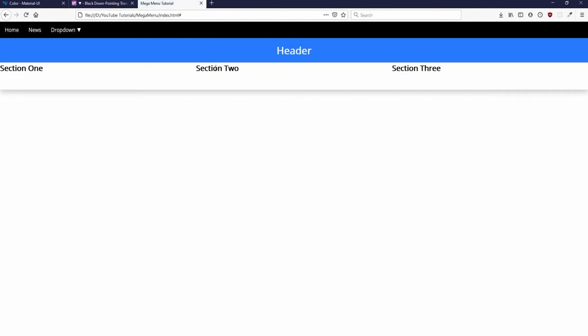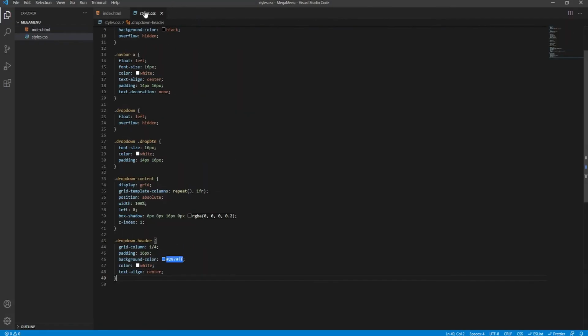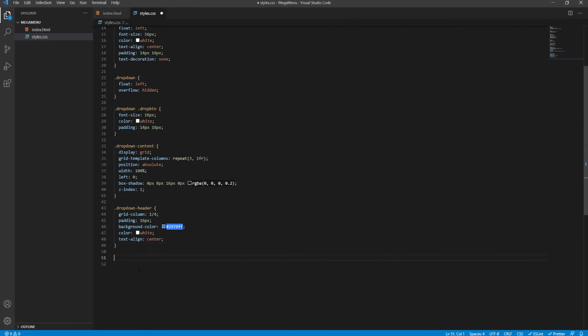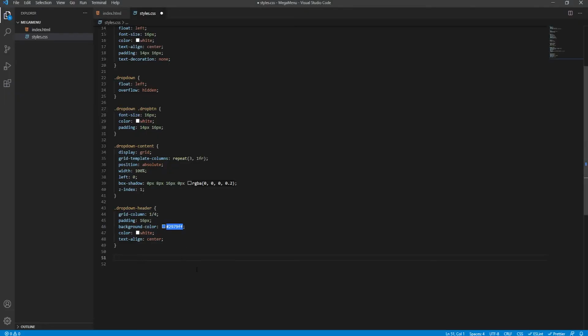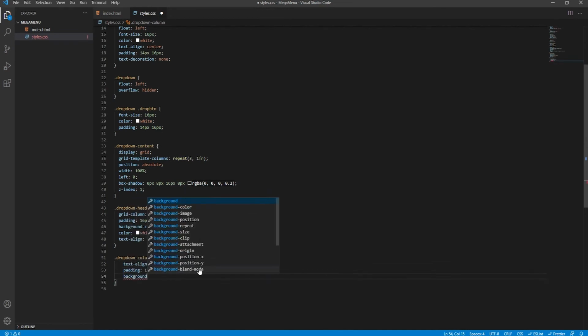Now we need to style the columns. If you refresh, it's not looking how you want it to, so we need to style those. First of all, we need to set, because currently it's at the start, the headers. So we'll say drop down column. We'll say text align center, padding 10 pixels, background color, again something which I pre-specified. You can choose your own color, E0, E0, E0 one more time,